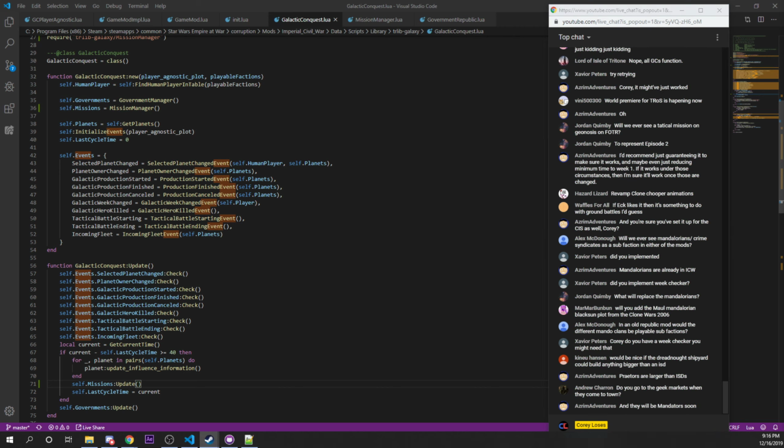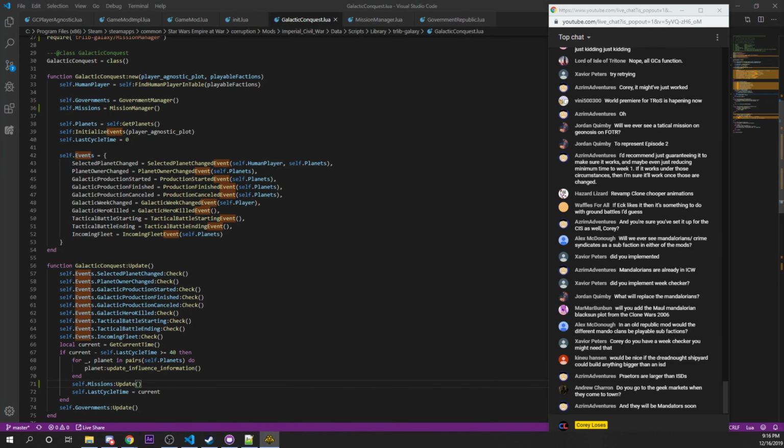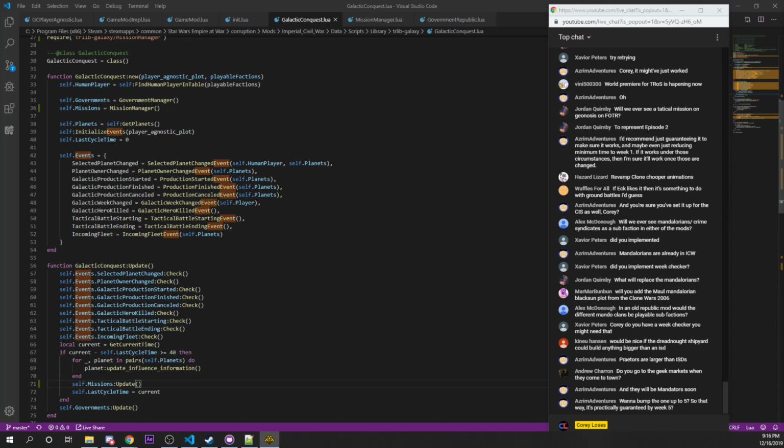What will replace the Mandalorians? Their slot will, assuming we can have the neutral faction in the 17th slot, their slot will probably go to Killix. Because we've already got stuff like the Siruvi and Yuzon Vong coded into their own factions and Corellians. There's a lot of stuff that's not used yet that we have coded in, but...